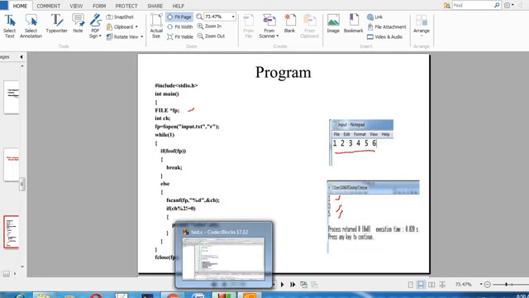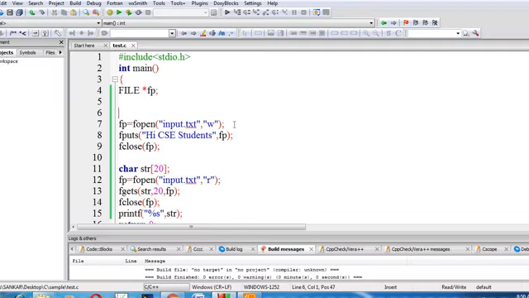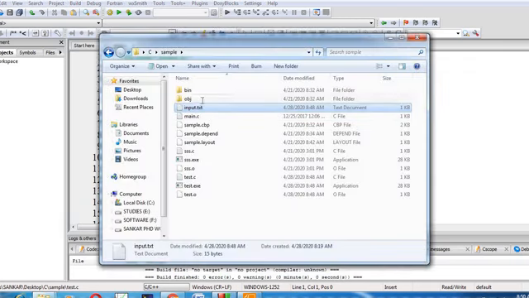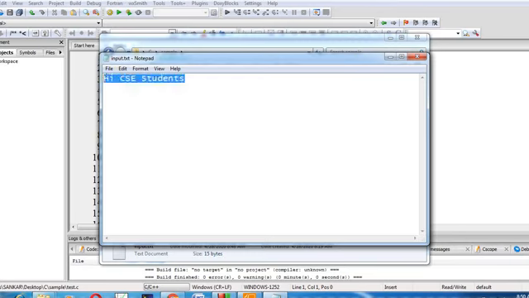So let us do the demo. Now I change the input values: 1, 2, 3, 4, 5, 6.